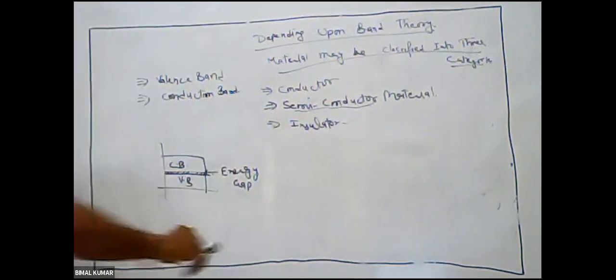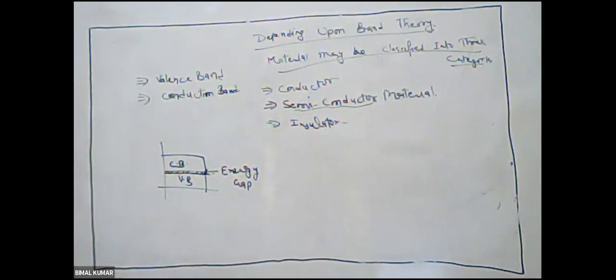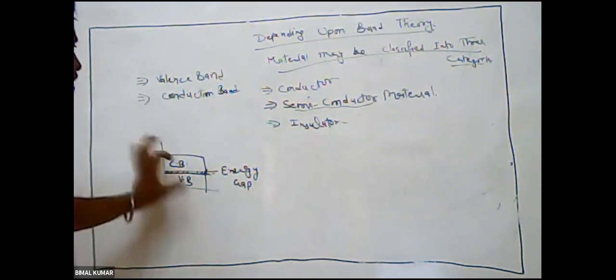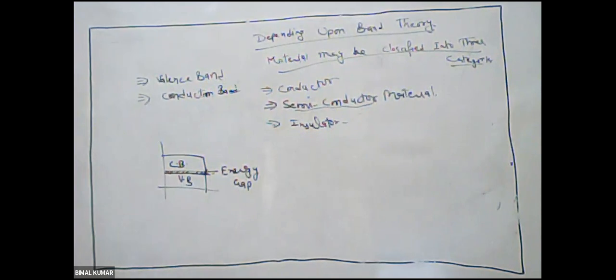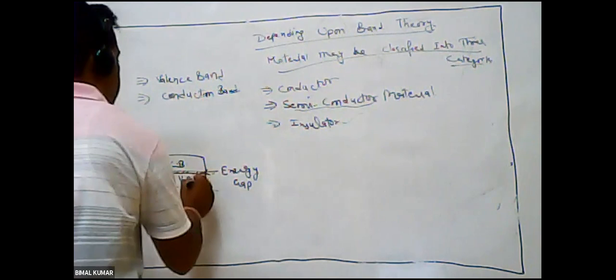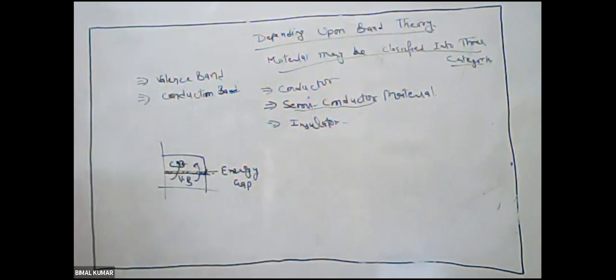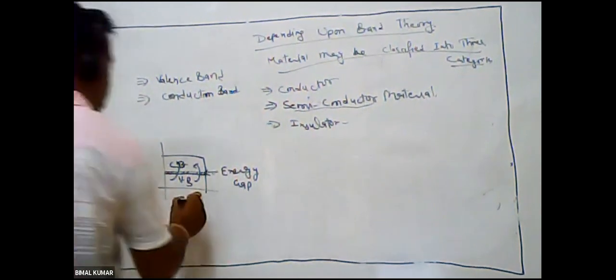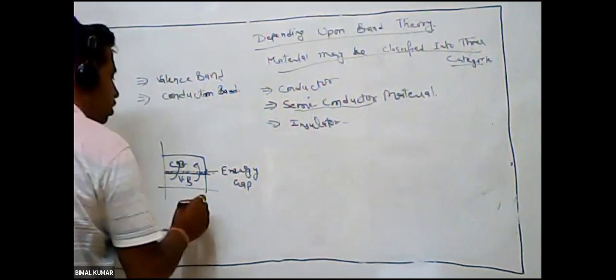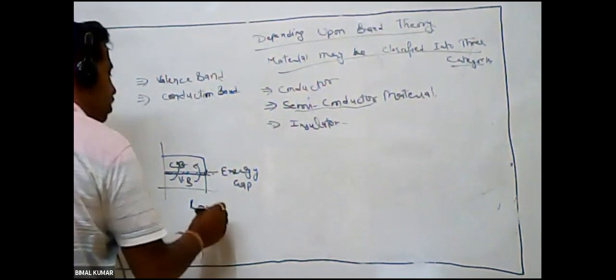If this gap is too small, or sometimes the valence band and conduction band overlap each other, that means by supplying a very small amount of energy, electrons will be able to shift from the valence band to the conduction band. Then that type of material is known as a conducting material, or conductor,